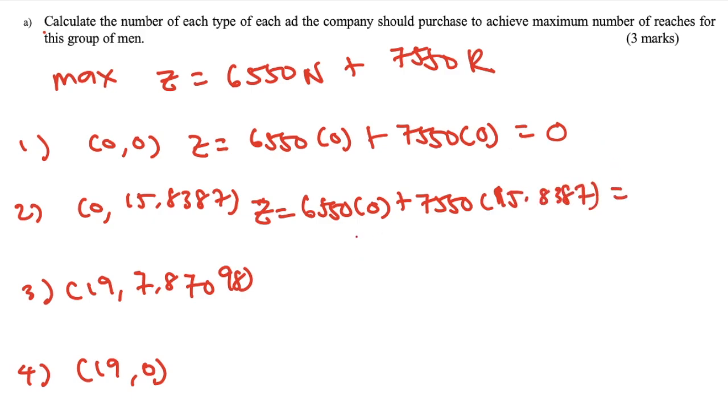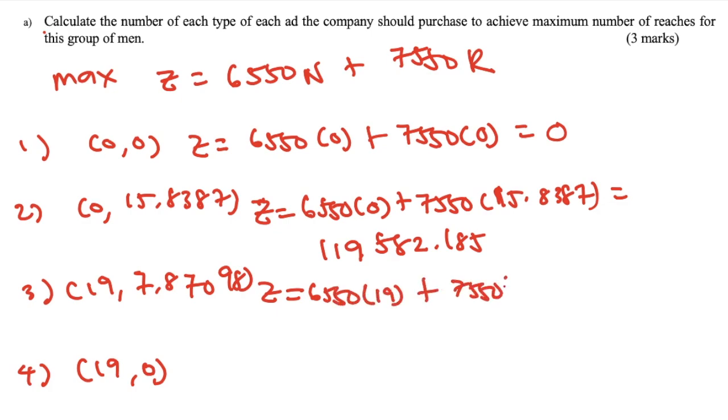Get the answer here. Okay. And then it's going to be 119,582.185. The third one here is at 6550 times 19, 7550 times 7.87098 equals to,